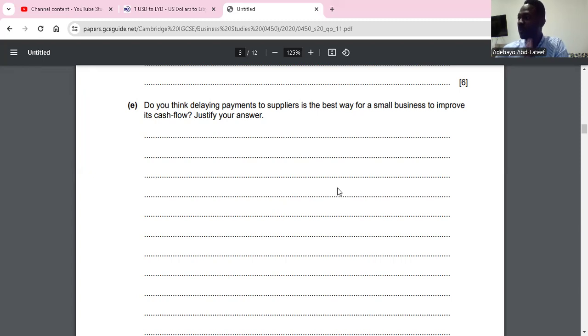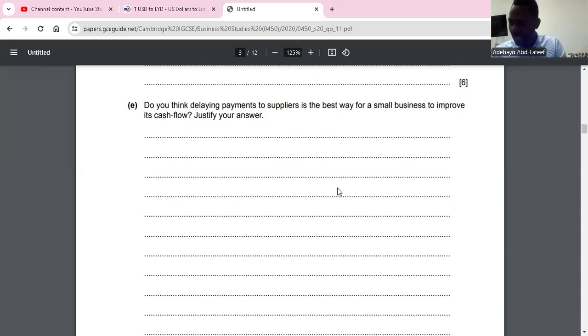Your suppliers will come regularly. That means you can also meet the needs of your customers. So taking a bank loan or an overdraft allows inflow. But the problem about an overdraft is that it increases your expenses, because you have to pay interest at a short time. Another problem about an overdraft is that banks can call you to pay back at any point in time. There's no agreed term on when you have to pay back. It is always at the call of the bank. Is it clear?